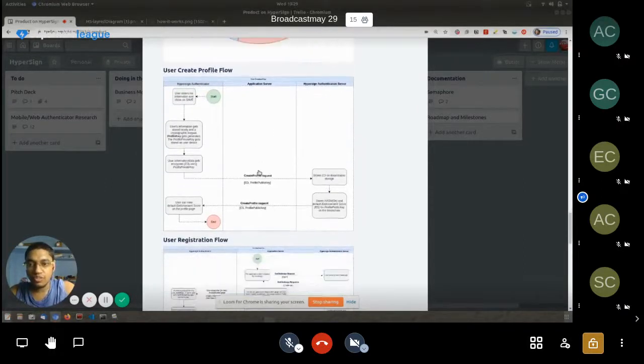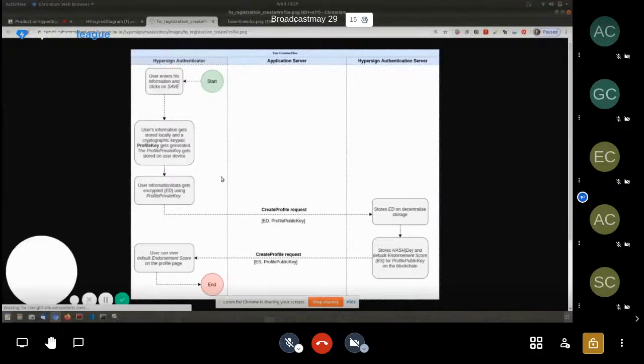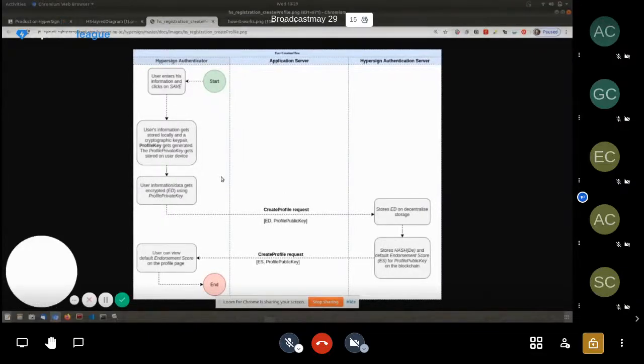Now I will talk in some more detail about the user flow, which is the user create profile flow. This is how a user gets onboarded on hypersign first. The user opens the mobile app, which we call the authenticator application, enters their details and presses the save button. What happens on save is we create a profile private key and public key. The private key gets stored in the mobile device, and it also encrypts the user's data and stores it on the mobile phone itself. The encrypted text along with the profile public key goes to the hypersign server for creating the profile, where we store the encrypted data